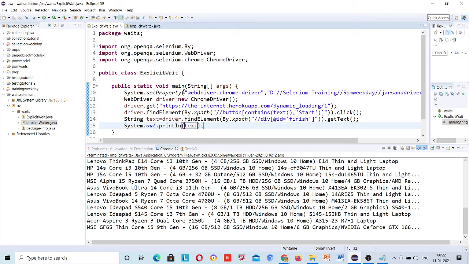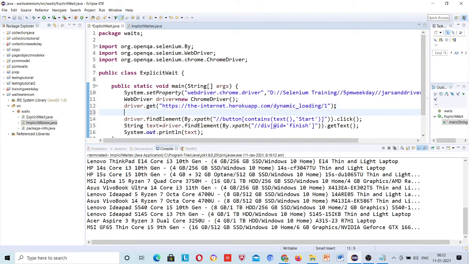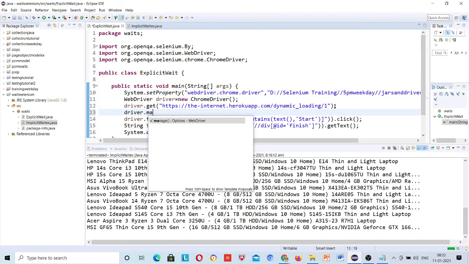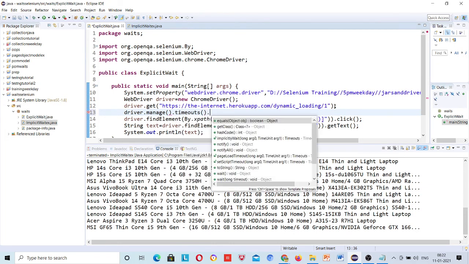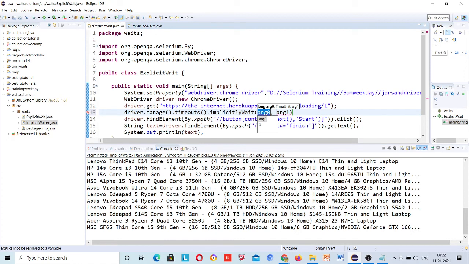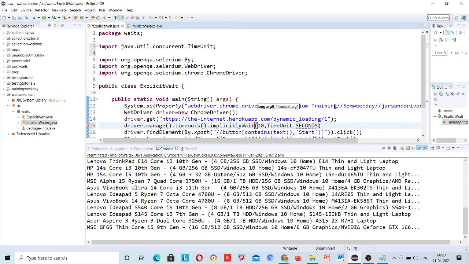Because after clicking on that button the text actually loads, I have to give the implicit wait here, dot timeouts, and then implicitly wait. Suppose the button takes about 3 to 4 seconds, I am giving 10 seconds, and the time unit dot seconds, right? Let me run this script.